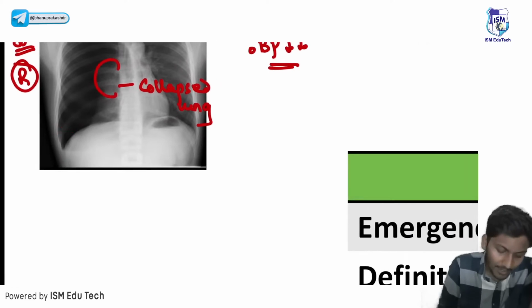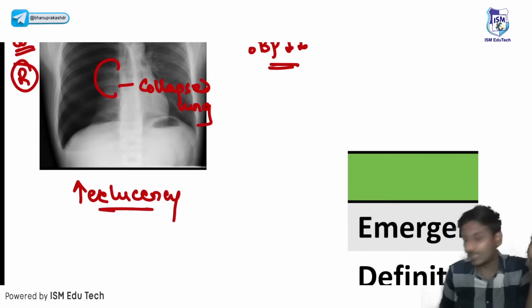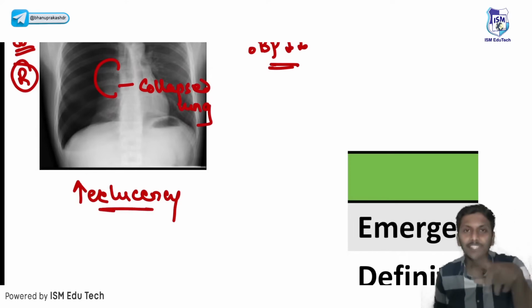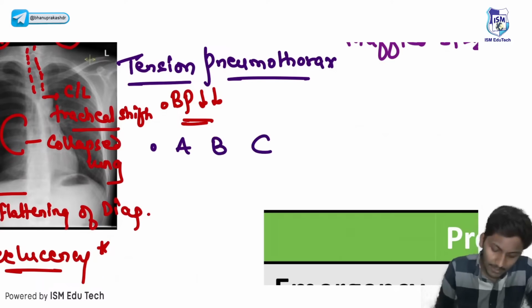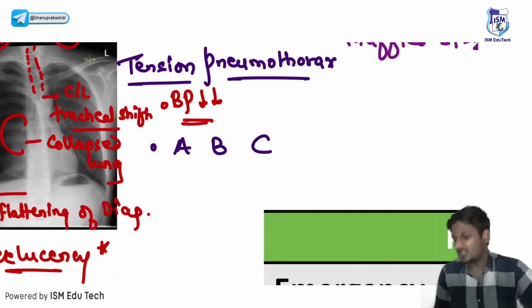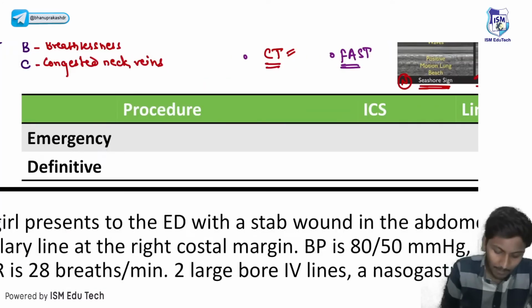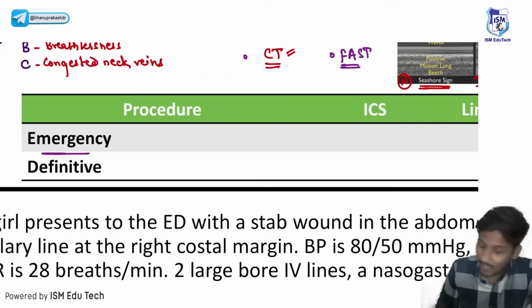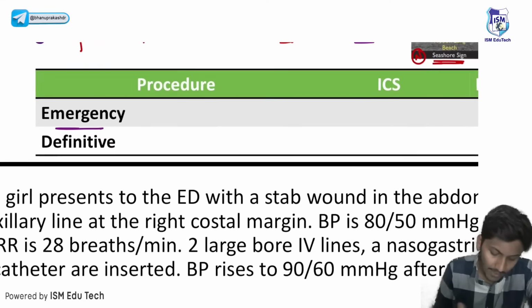Hyperlucency on X-rays indicates an excess of air surrounding the lung, commonly seen in tension pneumothorax cases. This sign aids in distinguishing affected lung areas from normal ones. The ABCs of tension pneumothorax encompass low blood pressure, breathlessness, and distended neck veins. Recognizing these symptoms is essential for swift diagnosis. Emergency management strategies include needle thoracostomy or chest tube placement to relieve pressure, crucial interventions that restore lung function and